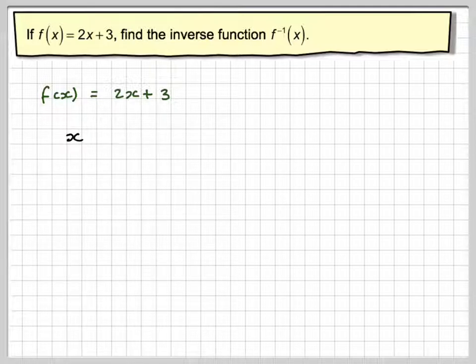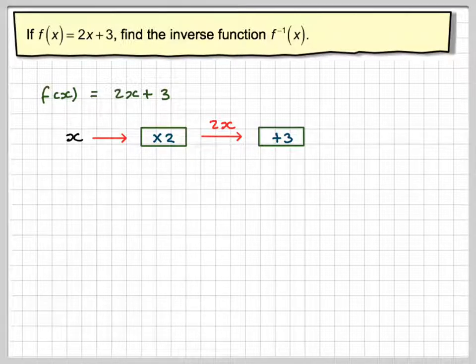If we start with x, the first thing we do to x with this function is we multiply it by 2, and out will come 2x. The next thing we do is that we add 3, and at the end we get 2x plus 3. What happens if we now work backwards? So if we start with x here,